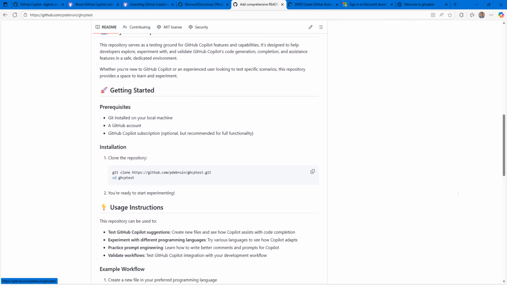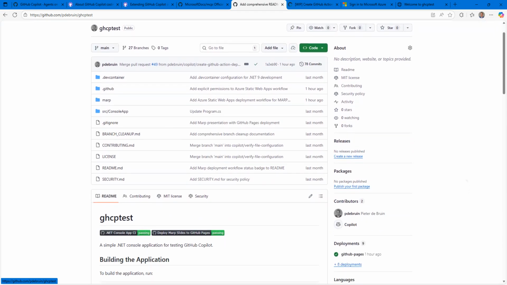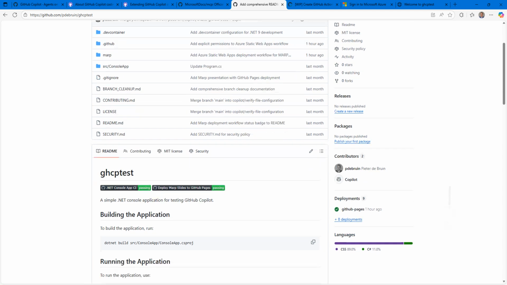Right, there's a project description, the getting started, the usage instructions. Okay, and so that was just the README, and then I added things to add a console app. So there's a .NET console app, just to see what it does to create technical artifacts. And I also did a MARP presentation. So there's a markdown version of a